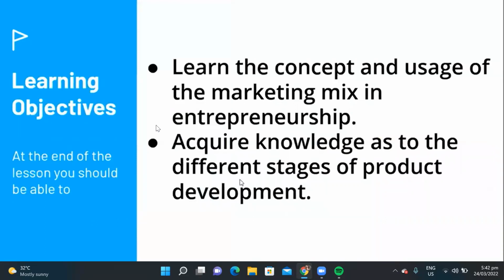And so another objective, we should be able to learn the concept and usage of marketing mix in entrepreneurship. Ayan, syempre mahalaga ang marketing mix. Ito dapat talaga yung pinaghahandaan ng isang nagpo-propose, no? Kaya meron tayong requirement na mag-create kayo ng video ng marketing mix nyo, yung product, yung place, kung paano yung promotion, and then yung price. Dapat andun din yun. No?